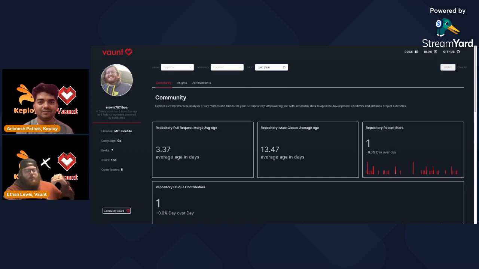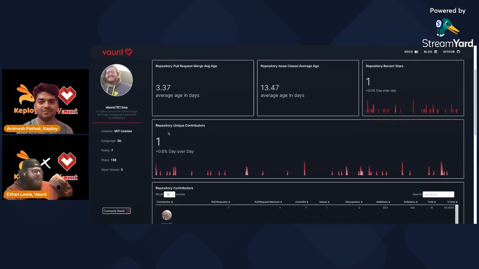So we are interested in things like how many unique contributors does this repository have? Meaning, what's the diversity of this community? Are we reliant on one independent individual hosting the entire repo to continue the success of it? Or do we have a healthy distribution of contributors making up the project? And that's what we're refining with those KPIs. We're working with a lot of folks like yourself to understand what really drives the metrics between the repositories that we're interested in.